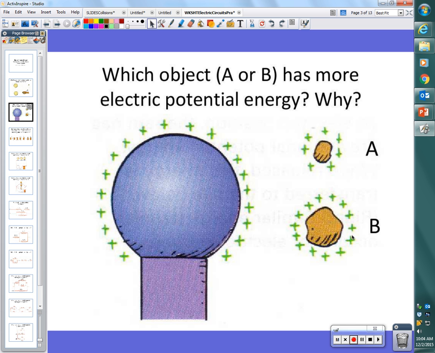So it has to be a complete path. Right? If there's no complete path for the charges to flow, they won't. So it's a closed circuit. A closed circuit, okay? With that in mind,